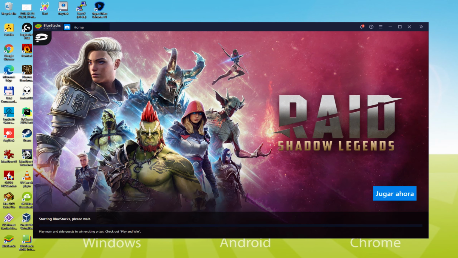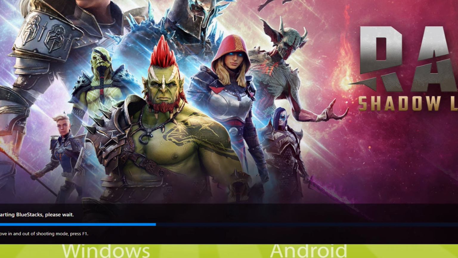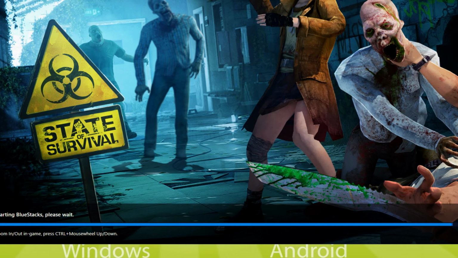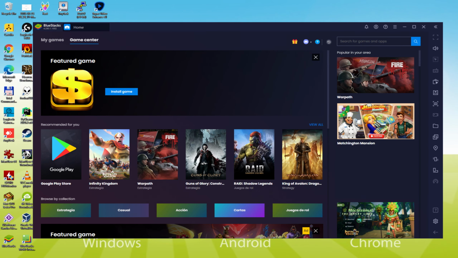Now, the emulator happens to be launched on autopilot. As you can see, at the bottom of the screen, there is a progress bar which will move forward to the right, and when it comes to the finish, the emulator can be launched for the very first time. In reality, the emulator has been launched there for the first time.